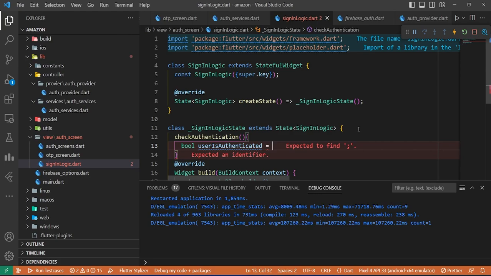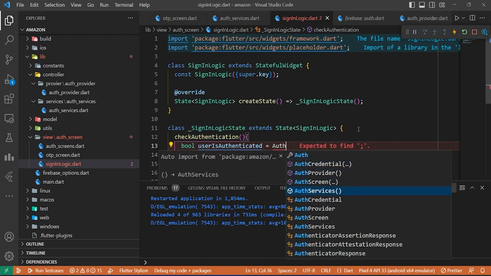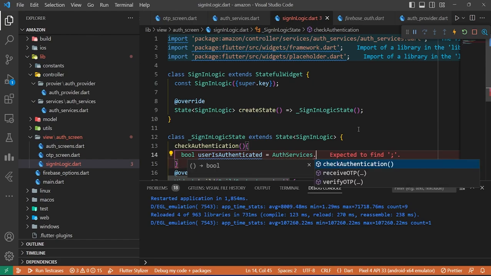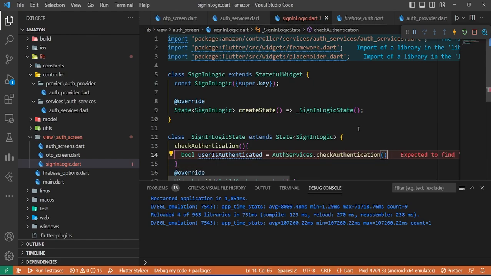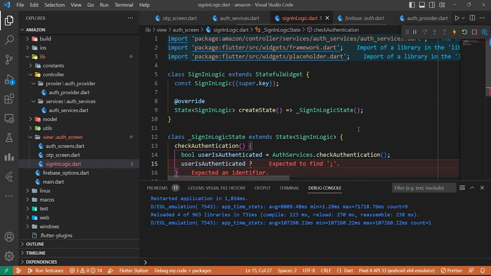So first, bool user is authenticated: we are going to check whether the user is authenticated or not. So it will be auth services dot check authentication, and if the user is authenticated, then